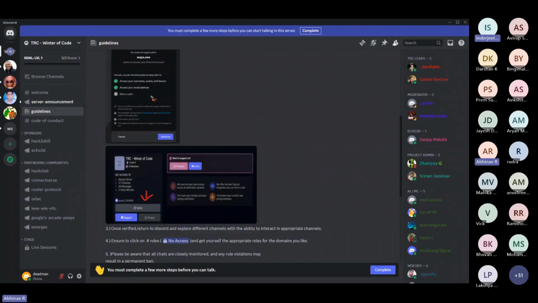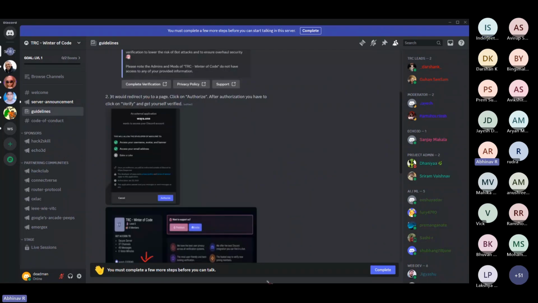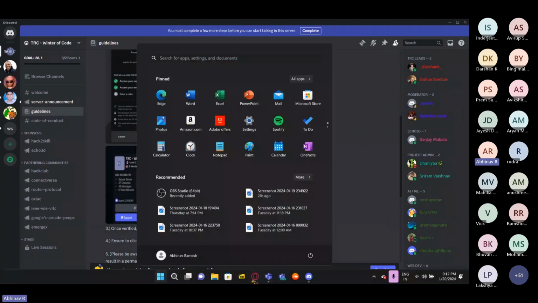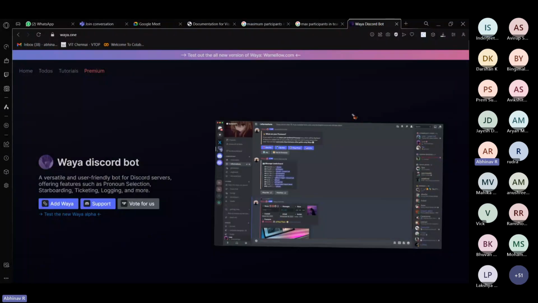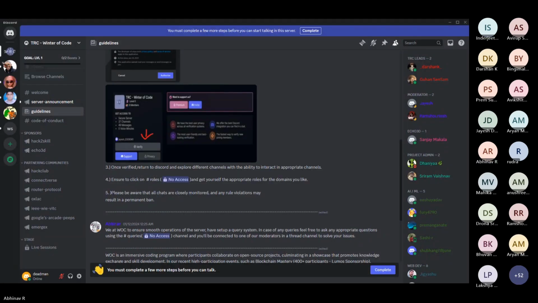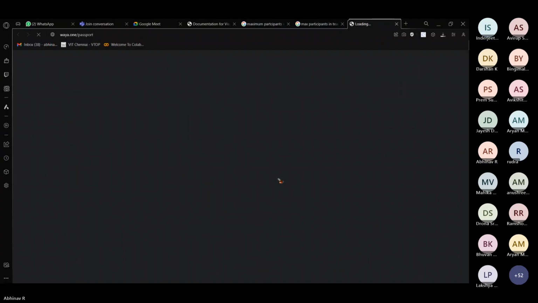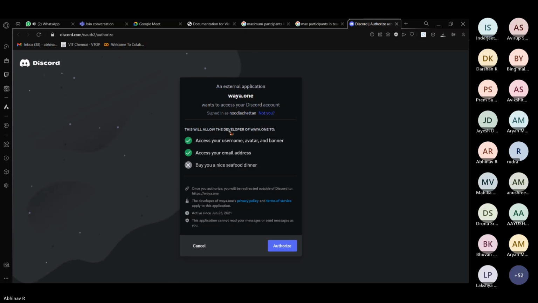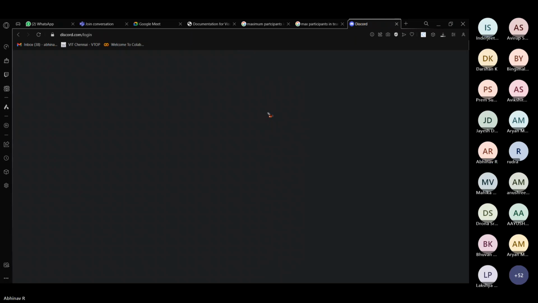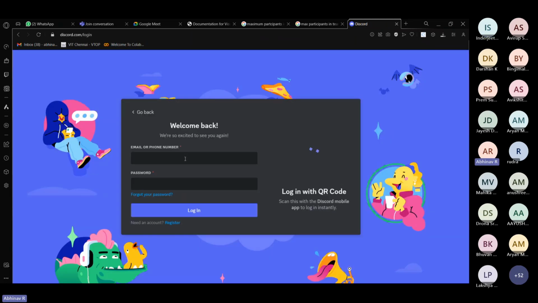How the verification process will go is you click complete verification and it'll take you to the site, right? Once you go to the site, you click the verify button. When you click the verify button, it will show you a small captcha where you can, one second, guys. Click complete verification. Basically, it'll ask you first to authorize the account. So right now, I will be switching to my